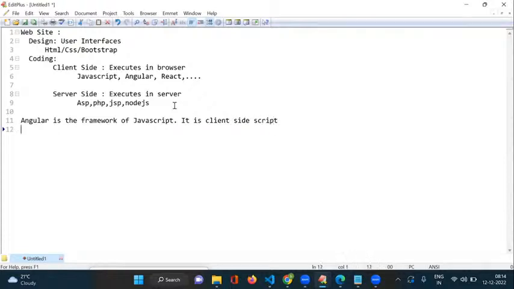So it is client-side script. Yeah, JavaScript, Angular, all these come under client-side scripts. For example, if you take Java technology, to work with Java we have different frameworks, like Spring and Hibernate. Frameworks simplify the logic of the technology and provide more enhanced